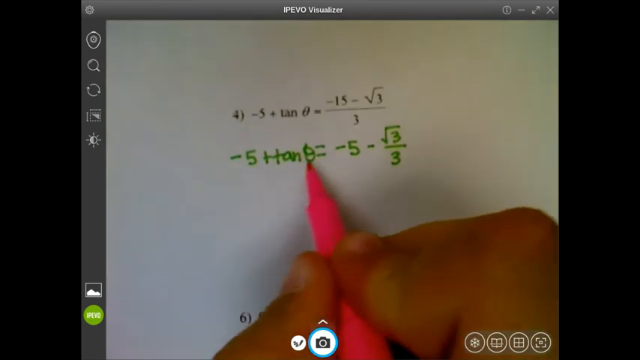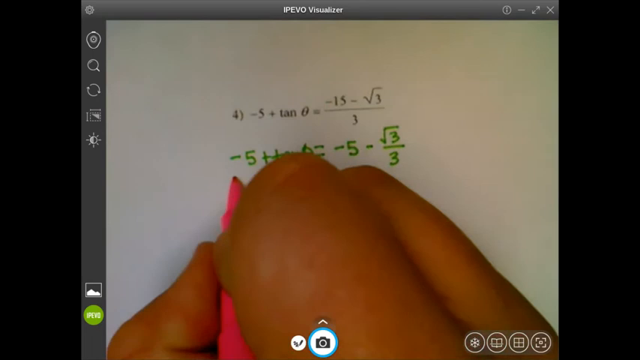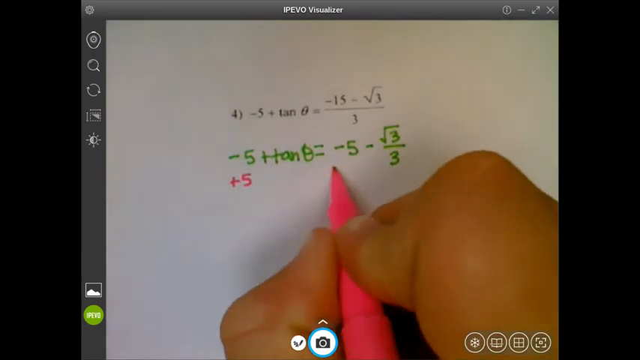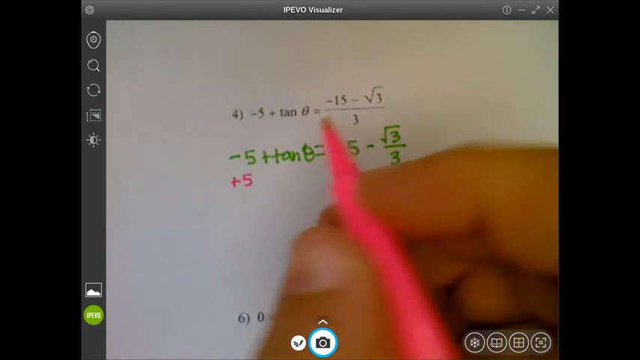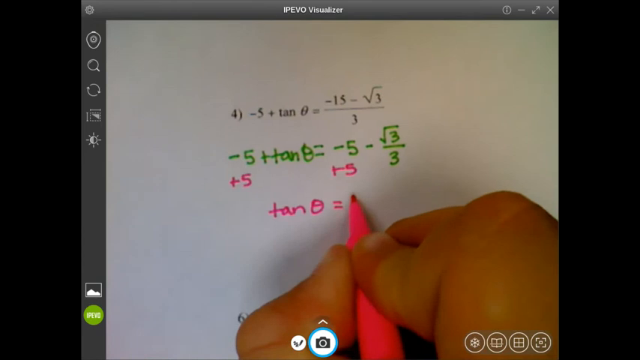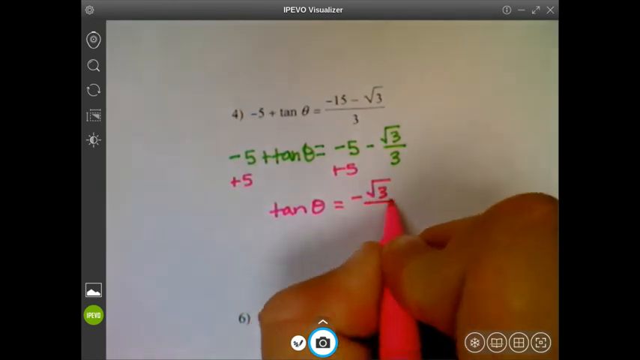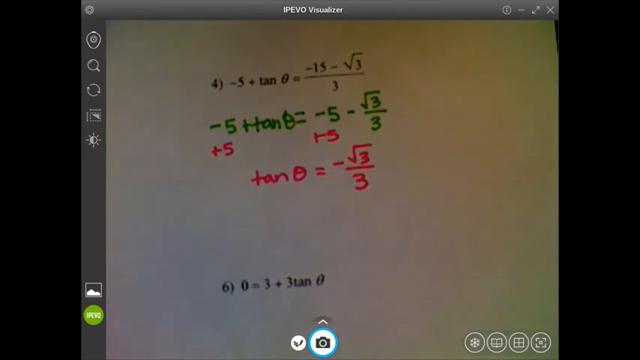And so if we're going to solve for the angle, we're going to figure out what the tangent of theta needs to equal. You can go ahead and add the 5 over, which will make the 5 simplify on this side to 0 as well. So we'll just be left with tangent of theta equal to the negative square root of 3 over 3, this value. And so we'll have to go to our unit circle and figure out negative square root of 3 over 3